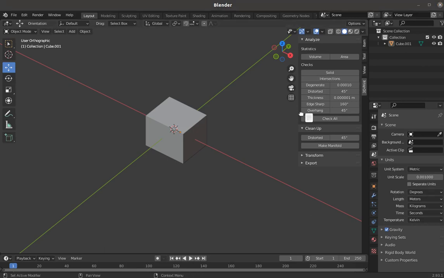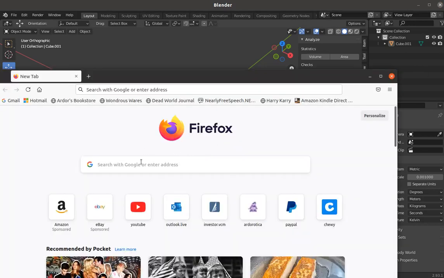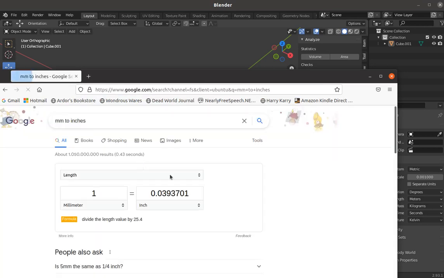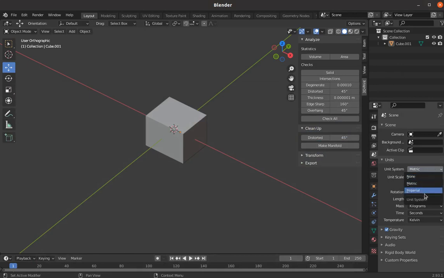In fact, if you go to Google and put in millimeters to inches, it'll pop up with a little widget, right? And anything you put in there, 0.5 of an inch, half an inch, it'll give you. That's 12.7 millimeters. 500 inches is, well, that's a lot of millimeters. But you get my point. You use this, and after a little bit, you get used to it, and it's not that big a deal. However, if you really insist, you can change that into imperial, but the length is set